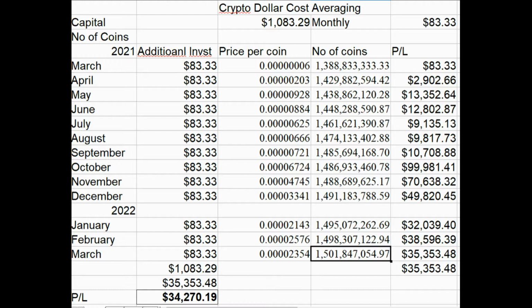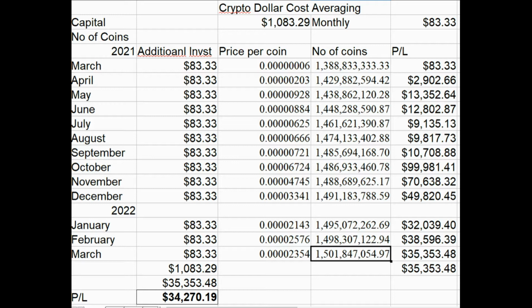$1,083.29. We will use the Shiba Inu data from CoinMarketCap. Let's start from March of 2021, with the price of $0.00000006, from $83.33, and getting 1,388,833,333.33 coins. As we go on, from March to December of 2021, you will notice that the price fluctuates every month, so the number of coins accumulated is about 1,491,183,788.59 with the profit loss of